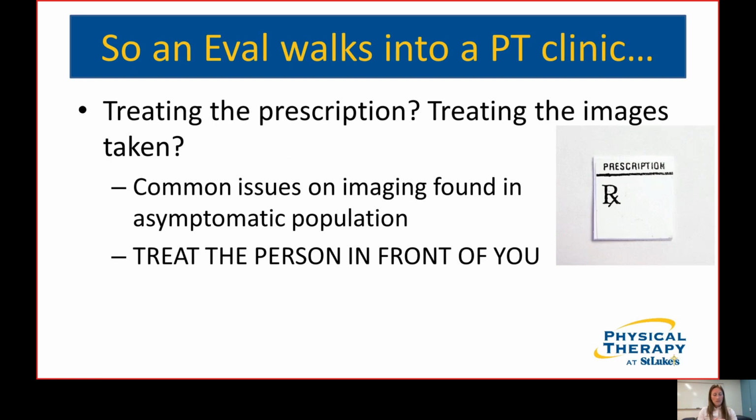So your eval walks into your clinic. Again, they come in with these prescriptions, but we have to evaluate who's in front of us. How many times? I mean, there's over 20 special tests that we could do for rotator cuff tear, and maybe they're all positive. But if we're not ruling out the spine, we're not looking at everything. Again, we look at this research, the percentage of this correlation is higher than I would personally expect, and that's just me, but it's higher than previous research had indicated.